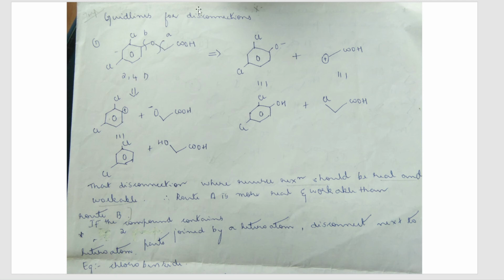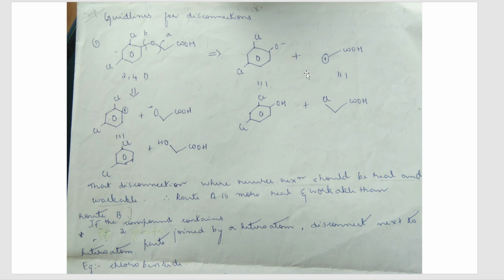So here you can see they have given one example. This is the target molecule that we are taking, and they have told that there are two possible ways in which we can disconnect this target molecule. One is this. If you break over here, I have named it as A. If you disconnect over here, you will get these two syntons. Let's see path number one, that is disconnecting over here. You can see that I will get O minus and here carbon will get a plus charge. Now since I have O minus, this synthon will have the synthetic equivalent OH, and because I have a plus charge here, this will have a synthetic equivalent having chlorine, correct.